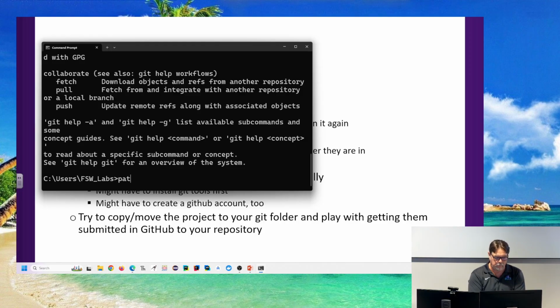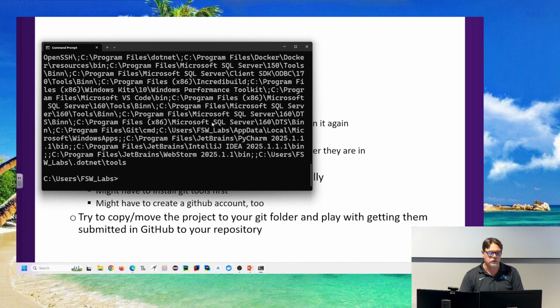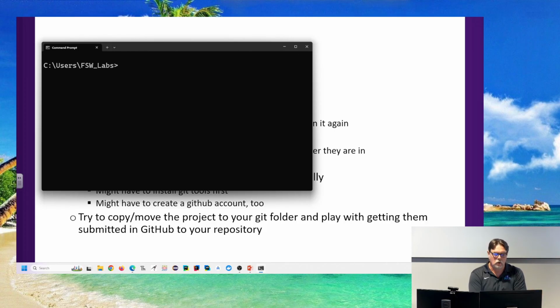I can also just say path, and it'll tell me, here's the list of all the folders on this computer that I will go look in if you tell me something like Git. I'll go look in all those folders for it in my path, right? But if I want to use the where command, I can say, go look for this thing and tell me all the places in the C: folder and subfolders that it lives. So what if I wanted to know where Java was installed on this machine?